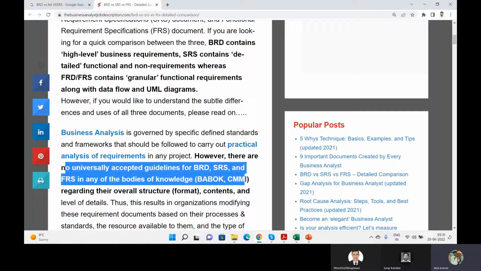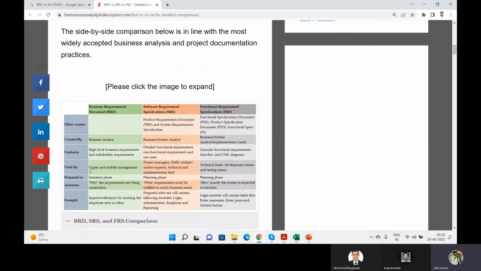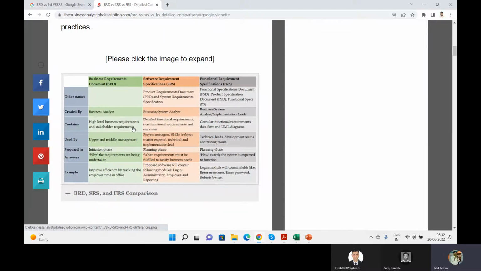The basic content, the basic agenda looks similar, but it depends on the company to customize that according to their need. Someone says no, in the BRD I will not put the risk or the assumptions, but someone says no, I'll put it there. So that's totally dependent, and they